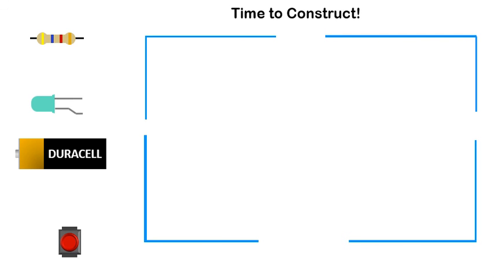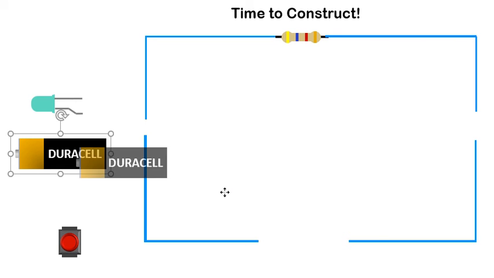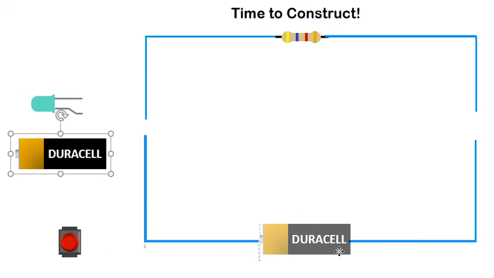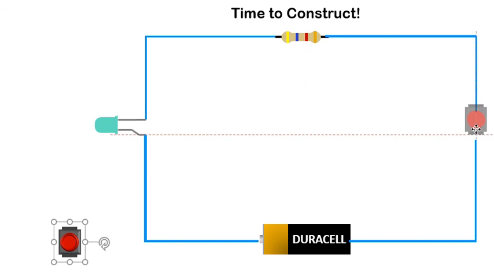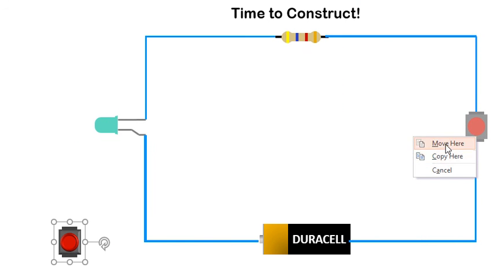So now it's time to construct a circuit. Here we have a resistor that goes here, so there, and then we can take the battery that would go down here. We could have the LED, which can go over here, and a push button switch that can go over here. So once all of these are in place,